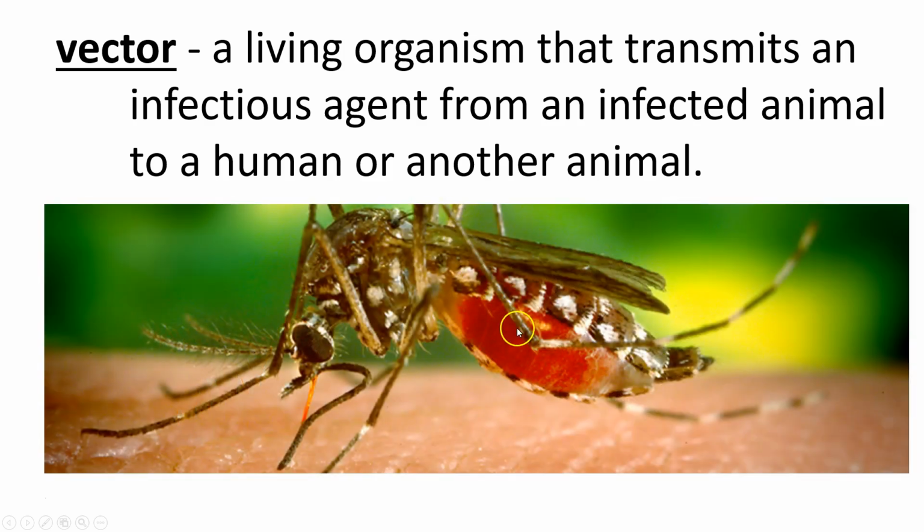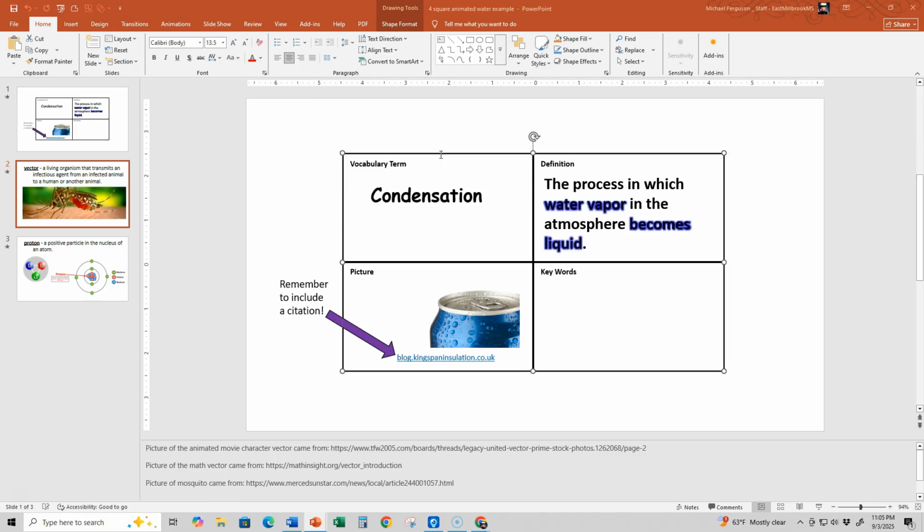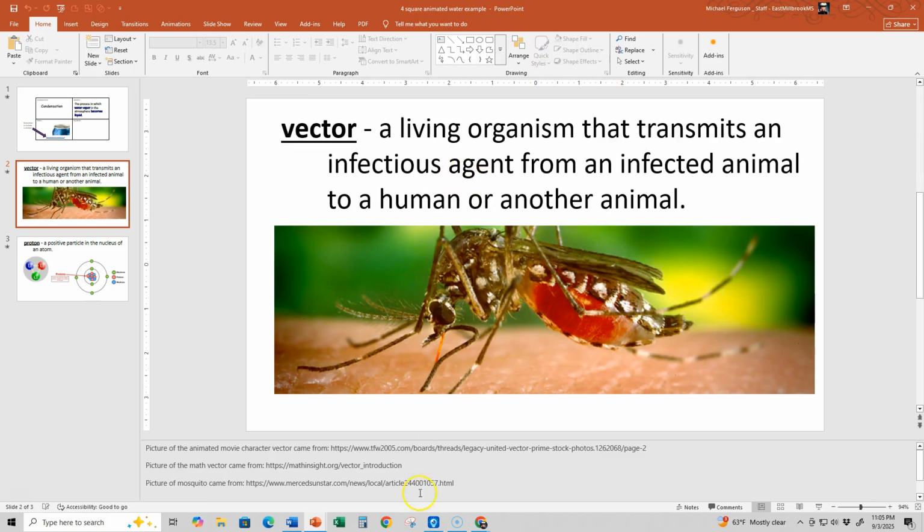I might instead find a picture of or draw a picture of a mosquito, because the mosquito, if it bites somebody with malaria and then later comes and bites me, I'm getting malaria because the mosquito brought it from somebody else. The mosquito is the vector. So I always want to pick pictures that make sense for the definition. And I really won't understand that until later when we're inside of the unit. So you always want to kind of pause and go slow on that. Now, let's take a look